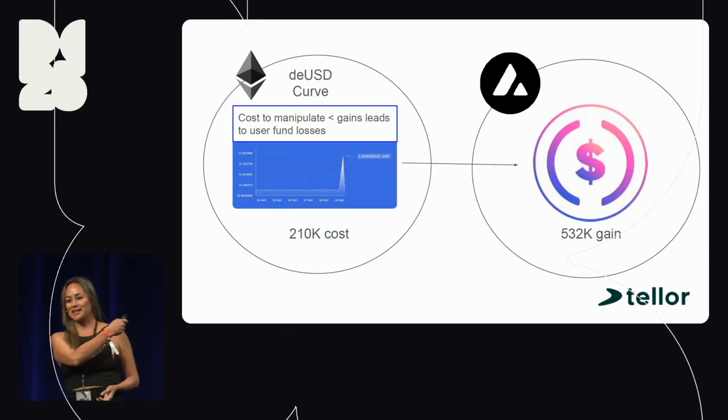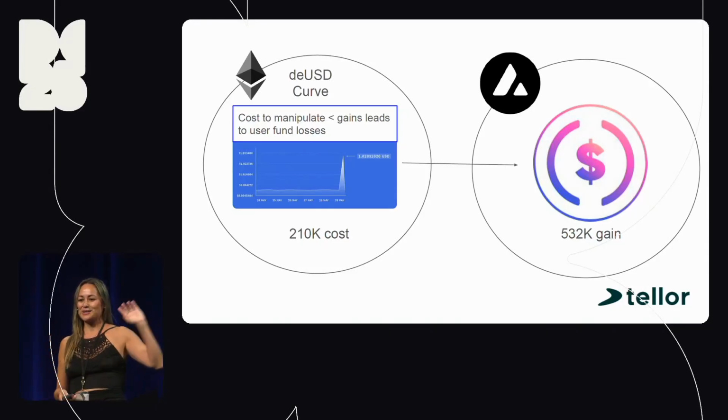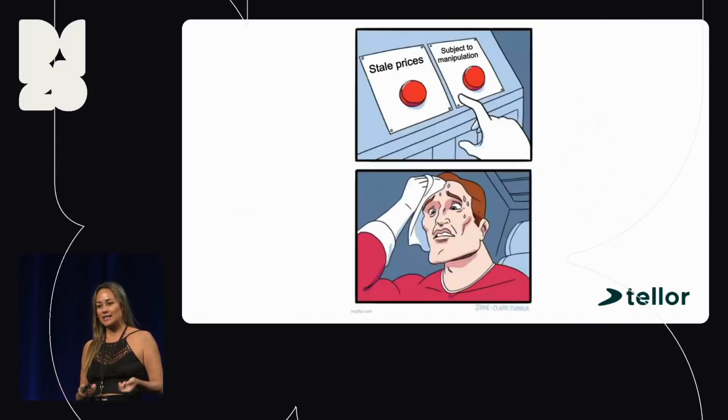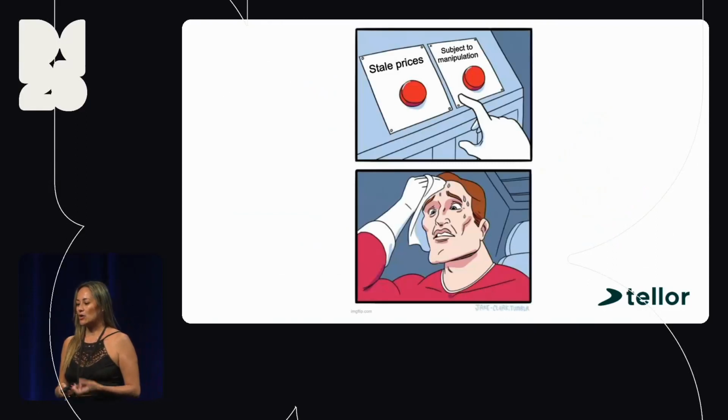So I went ahead and took away their original post blaming the oracle, and I just said, when the cost to manipulate an asset is less than the gain, this is bound to happen. But here, we can see very clearly that the actual cross-chain communication happened very efficiently. It just led to unintended consequences. And that's why I'm going back to why we need to implement different layers of security